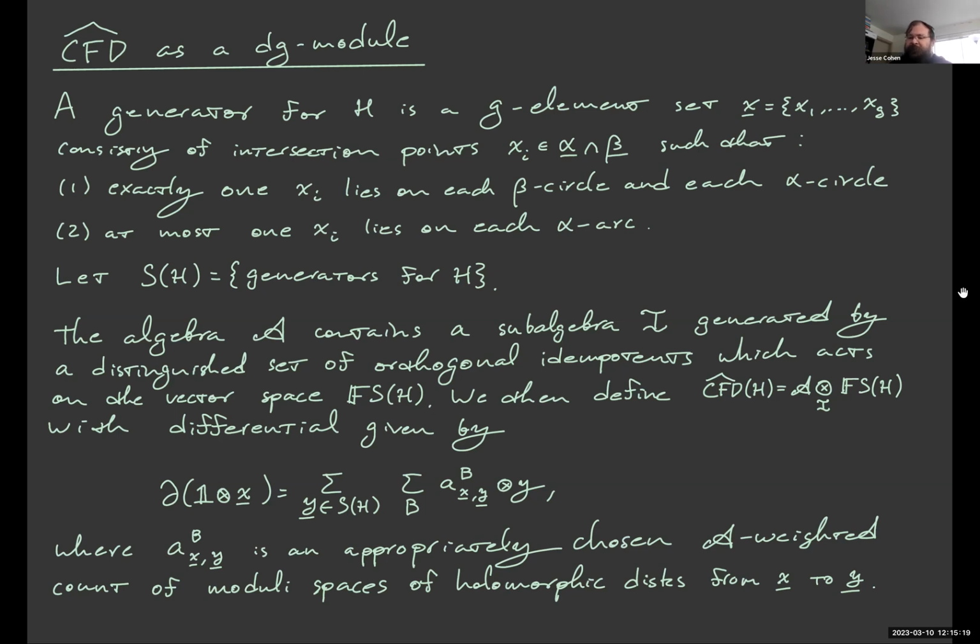So the idempotent for X is going to be the one that, well, how should I say this? X is going to be killed by any idempotent that looks like an arc in the Heegaard diagram that extends out to the boundary from one of the points in X. And then to define CFD hat, you take A tensored over I with the vector space generated by these generators for H, and the differential is given by an appropriately chosen A-weighted count of moduli spaces of holomorphic disks from